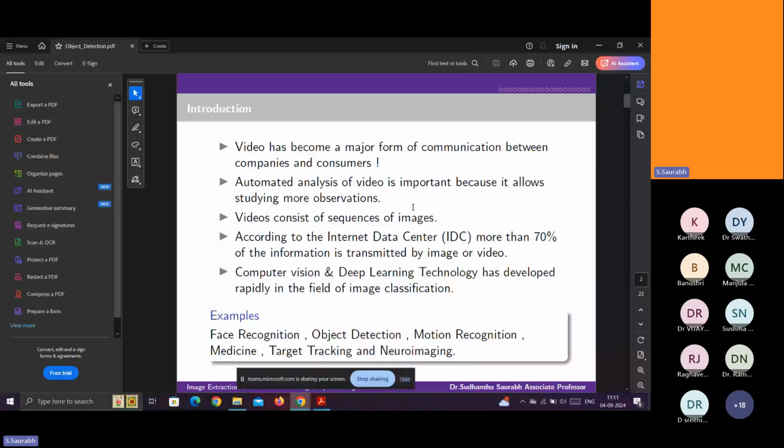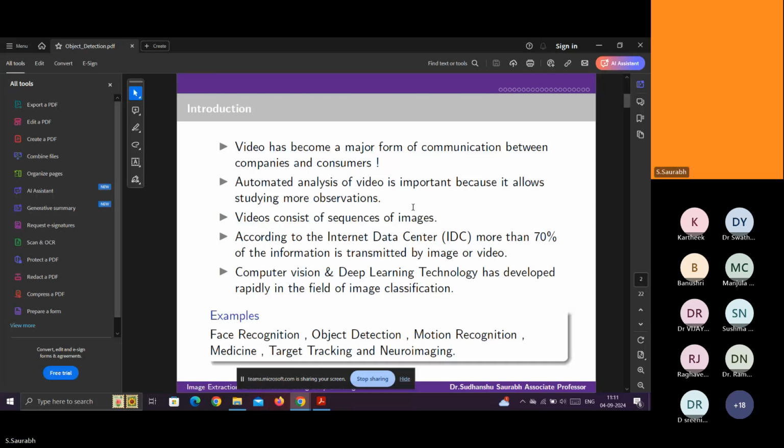First, you convert the video data into images with respect to time, then it becomes a time series model. The continuous time series becomes a discrete model. After that, you have to perform the analysis, apply your algorithms and perform the analysis.